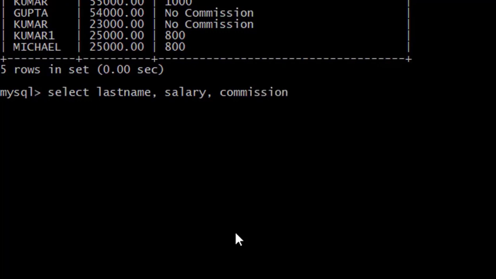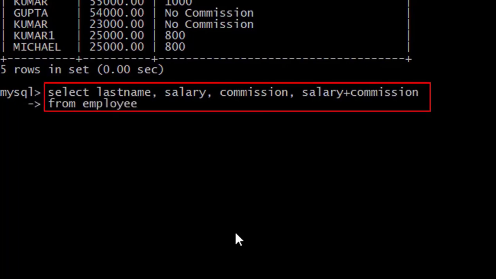Okay student, this time I am writing it the wrong way and then I'll write the correct way. Okay, now this is the query.